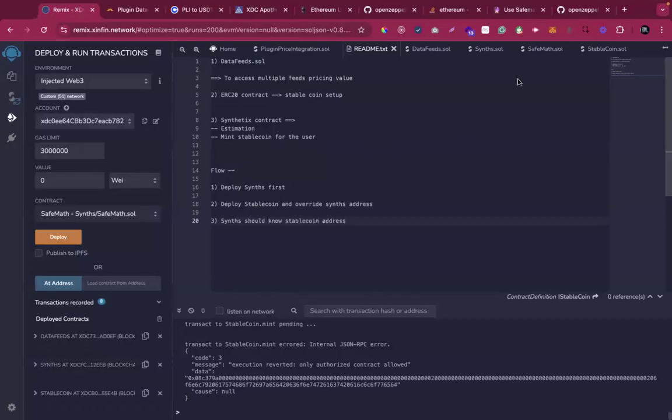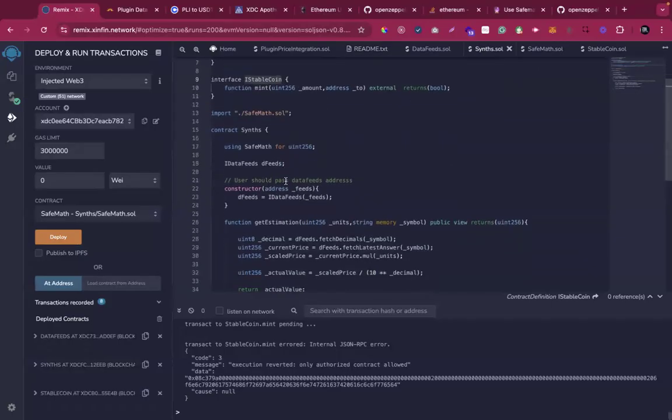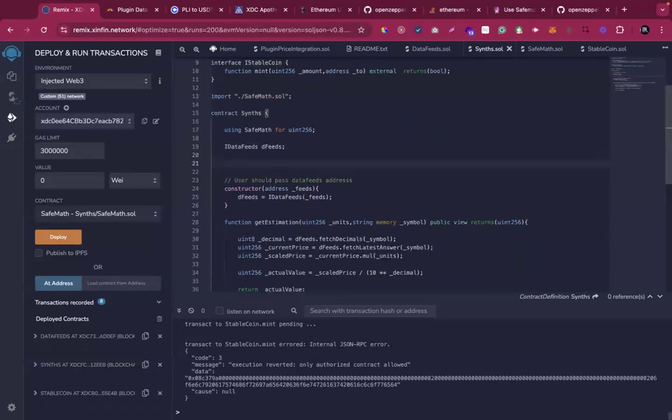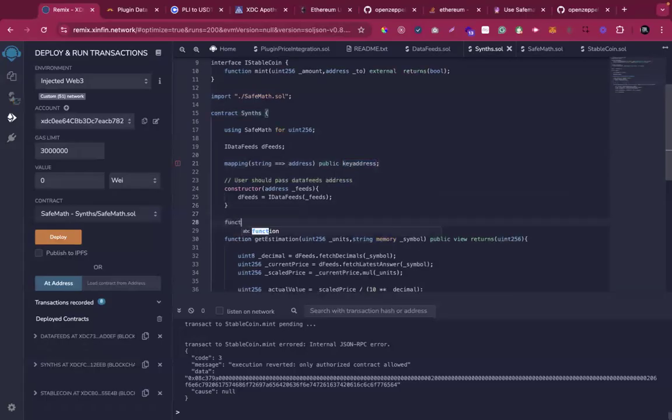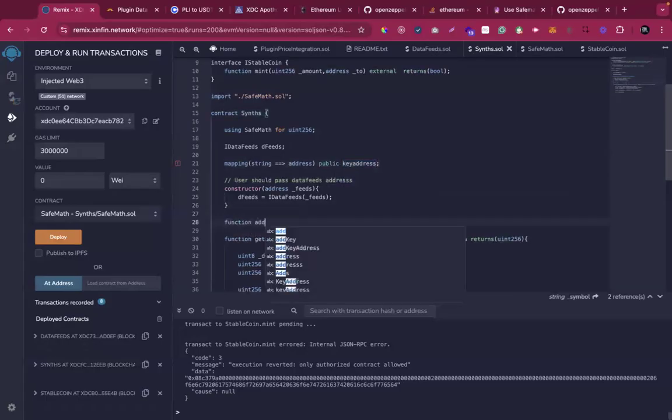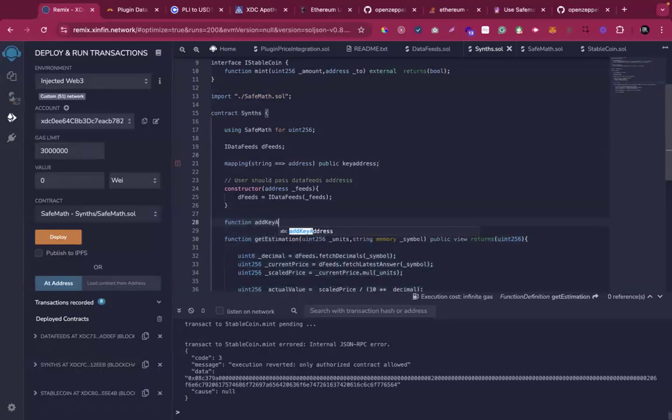For which, what we are going to do, we are going to create a key mapping variable here, right? Mapping, I would say, again, string followed by address. Let's call it key address. Okay. And again, we have to create a function, add key address,